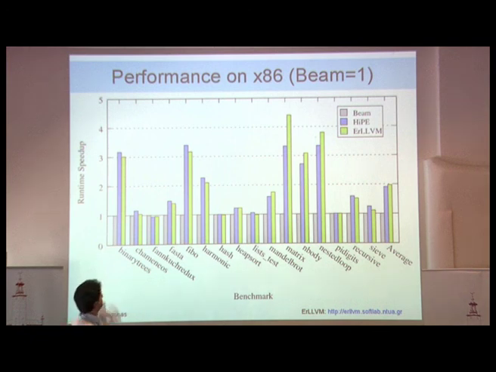Again, here you see that HiPE in some cases, or actually in many cases, is still a bit faster than LLVM. In some other cases, LLVM is a bit faster, especially in matrix, n-body and Mandelbrot, and this nested loop, which also have floating point numbers. LLVM is able to take advantage of modern architectures better than HiPE does on the x86.